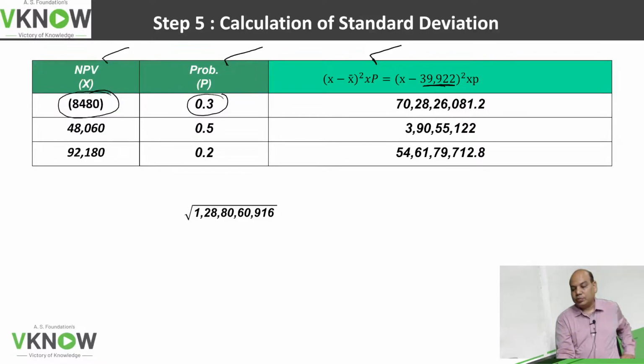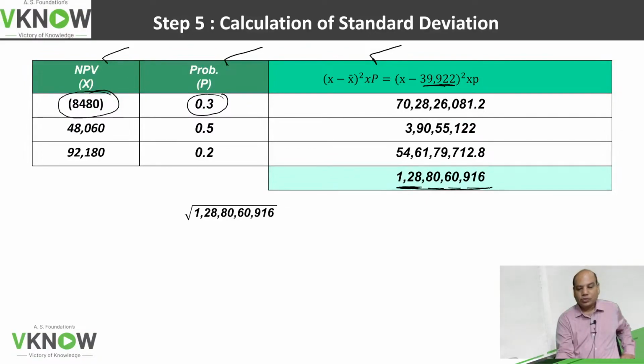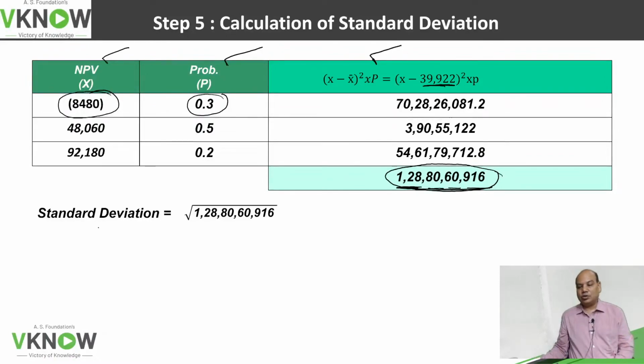So that is equal to 54 crore 61 lakh 79,712.8 memory plus. If you have transferred all the three numbers to memory plus, memory recall, this is the total. Oh my God, 128 crore 80 lakh 60,916. Do not round off, otherwise the square root you have to take for standard deviation, the answer can change. Is it right? So please write down below standard deviation equal to